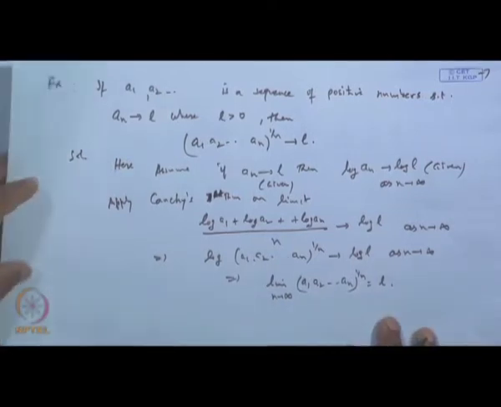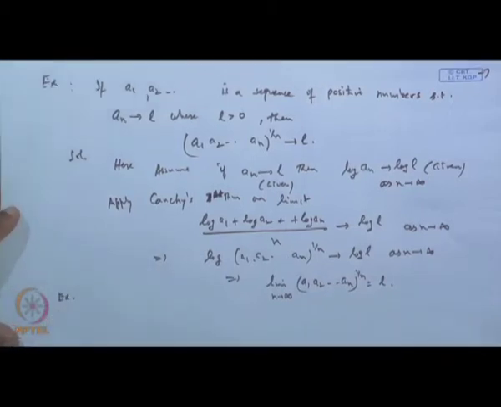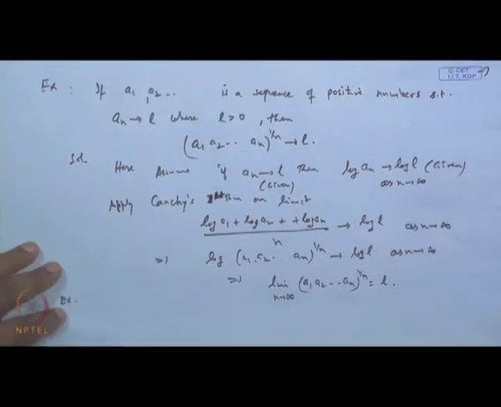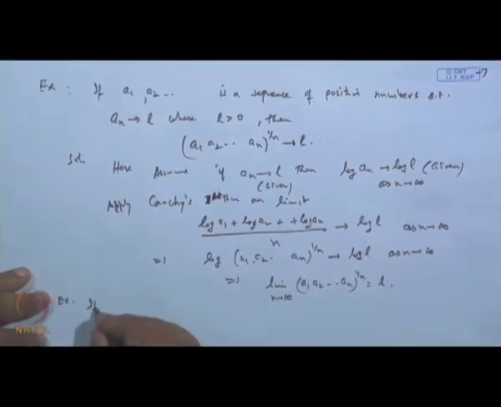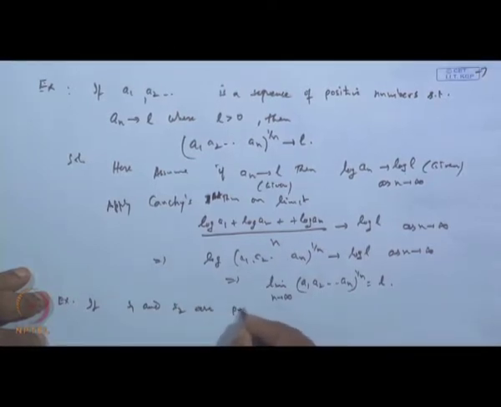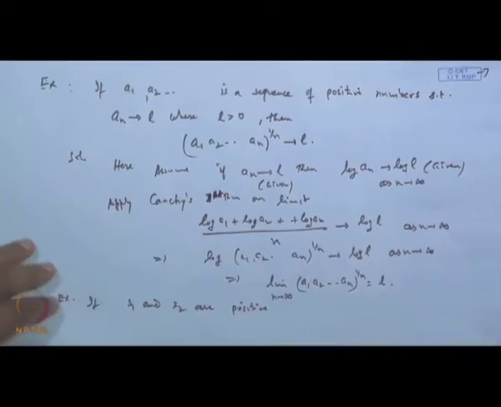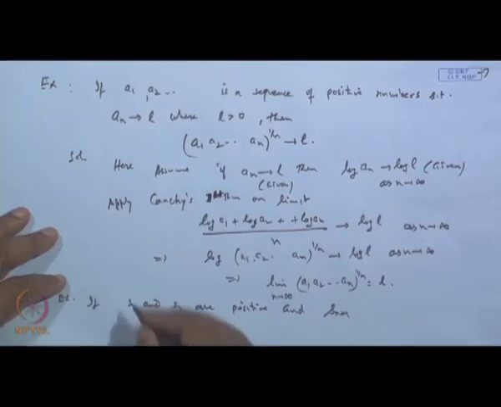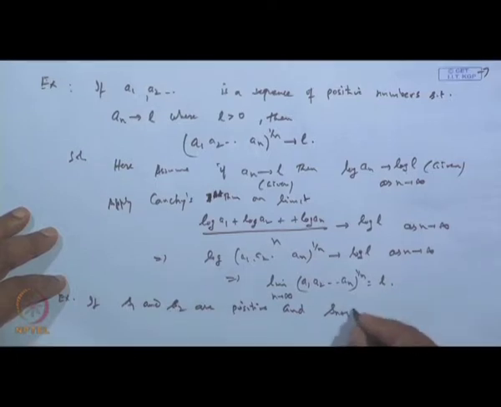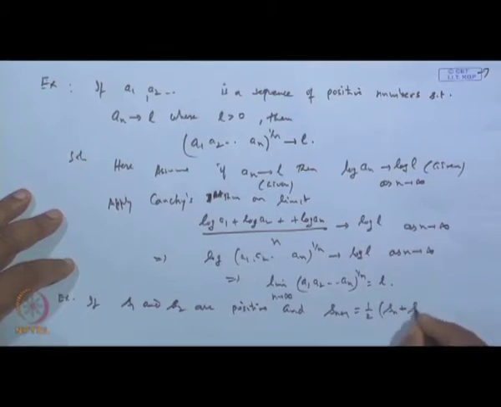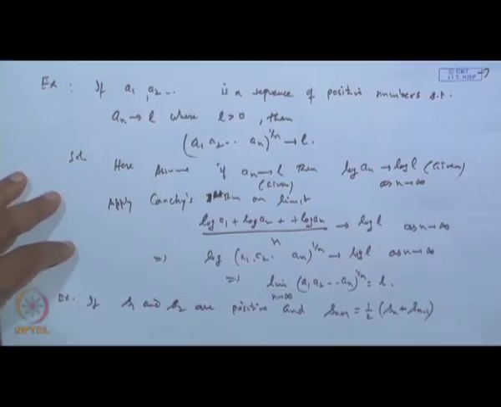Okay. Now, let us see the other exercise. If S1, S2 are positive, and Sn plus 1 is half of Sn plus Sn minus 1, half of Sn and Sn minus 1, then prove that